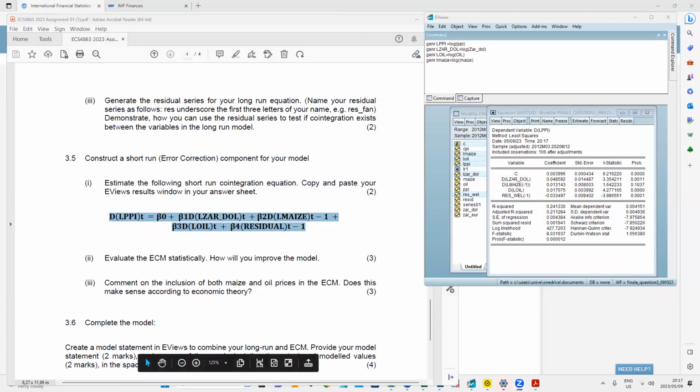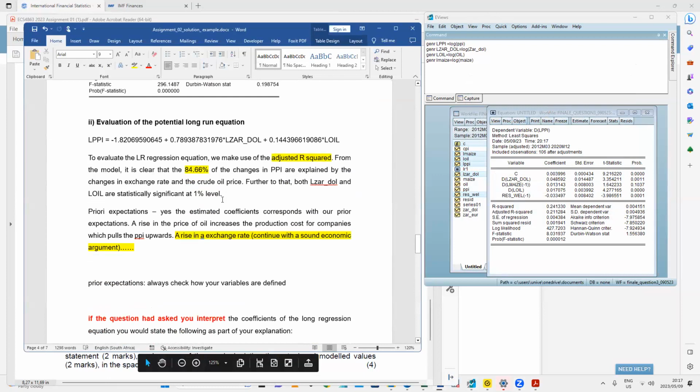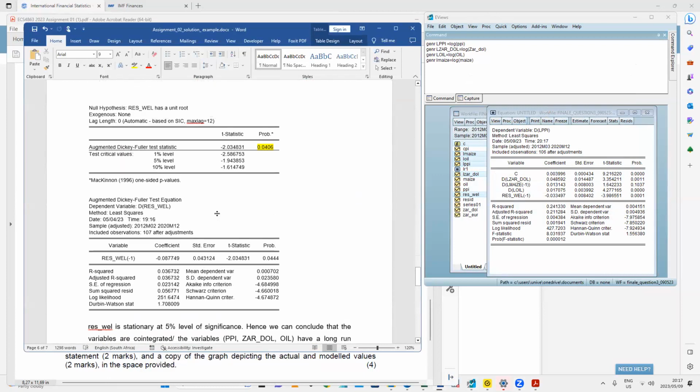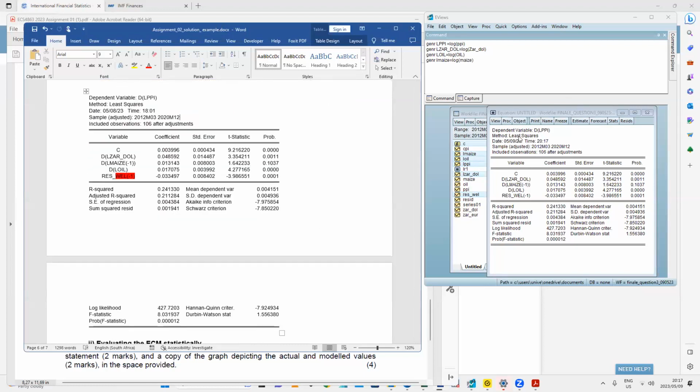Because I've run this model already, I want to make sure that I'm giving you correct answers. So this is the long run equation, and then this is the what? The short run. We're testing the residuals. The co-integration equation is this one, where the dependent variable is the LPPI, and least squares is the method. We can't all have the same results, otherwise it becomes suspicious. So you need to run these models on your own. This is the sample,